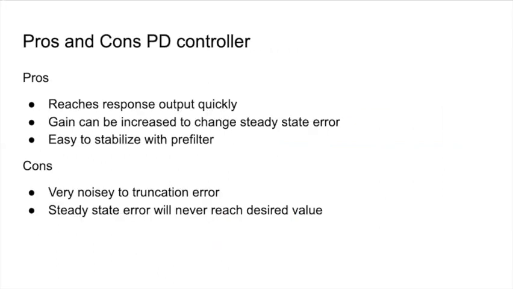So the pros and cons of a PD controller. Pros: reduces response time, output quickly. Gain can be increased to change steady state error if you want to change that, and it's easy to stabilize with the pre-filter to reduce some of those errors. With the cons, it's really noisy due to truncation error, and steady state error will never reach the desired value due to the equation for steady state error and the fact that you don't have a pole at